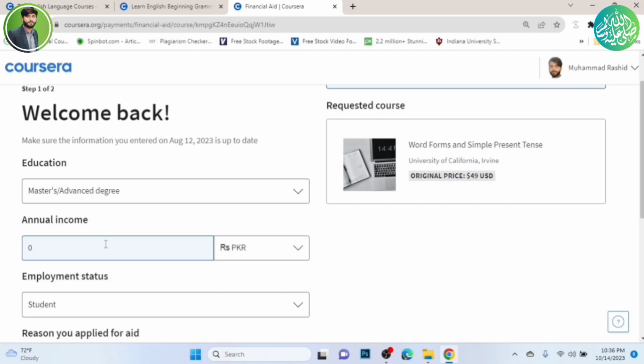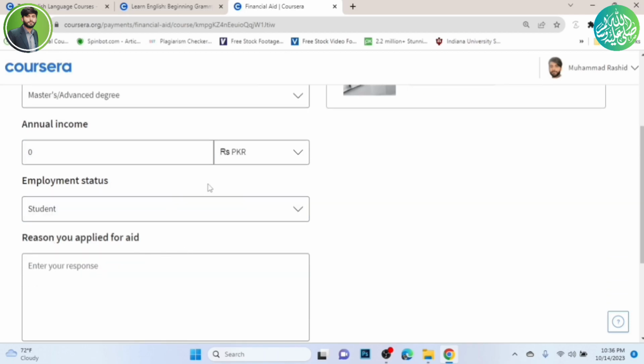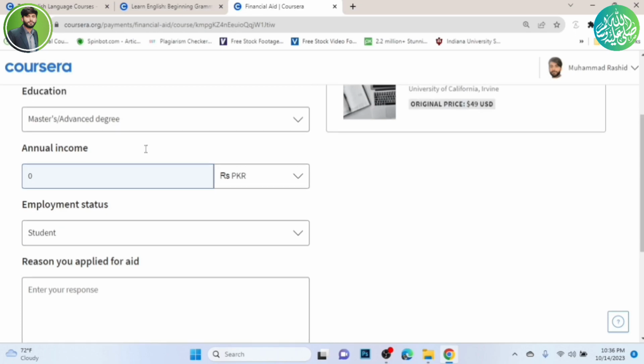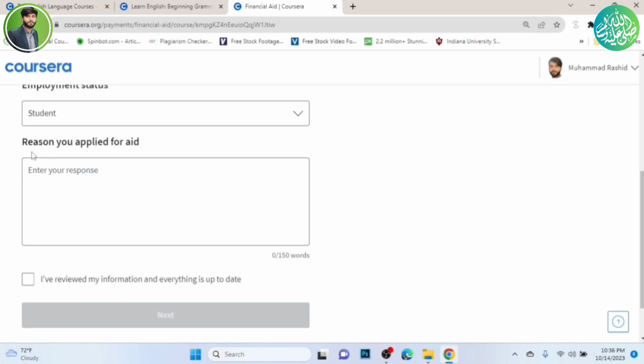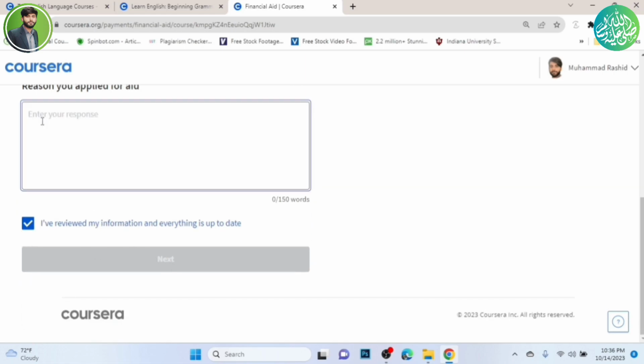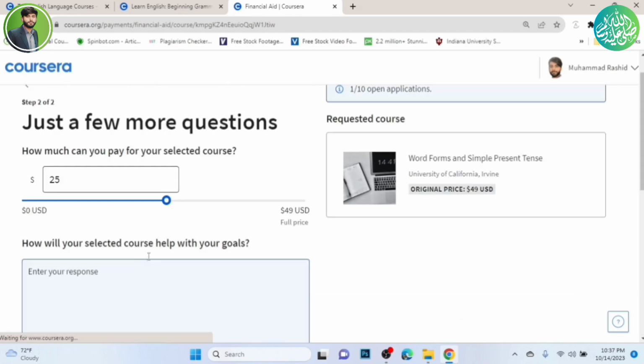You have to put your education here, your annual income, and your employment status. If you're a student, you can show your income as 0 because you're a student. This is the best option for the application of financial aid. You have to put here a 150 words reason why you are applying for financial aid. So be honest and write a meaningful paragraph, so they will accept your application. Just for demo purposes, I am typing some words here so that we can move to the next step. You have to write according to your own situation. After that,